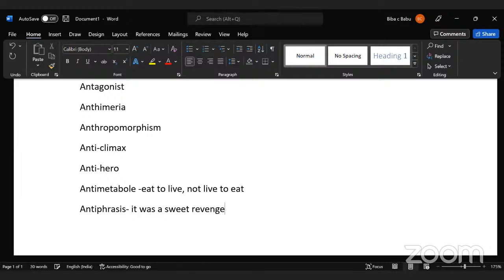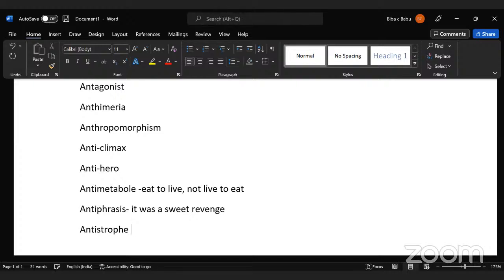Revenge itself is not sweet, but here the word sweet is used. So sweet revenge. Can a revenge be sweet? No, right? It is always cruel. But when you say sweet, here the word itself has an opposite meaning. That is antiphrasis. Then we have